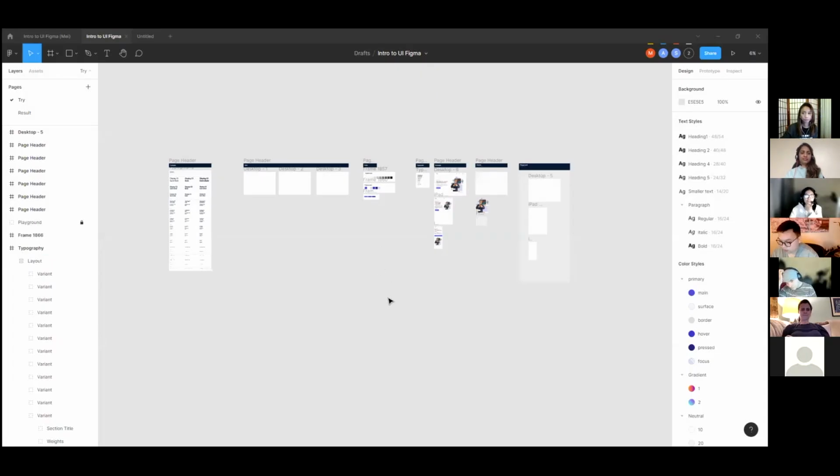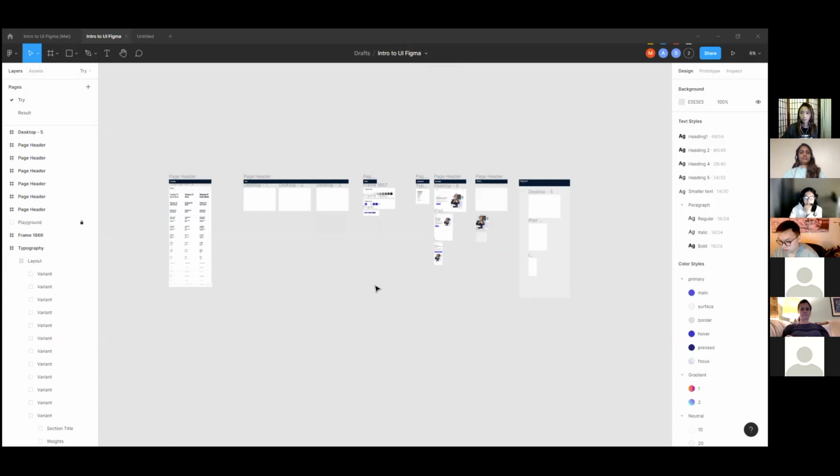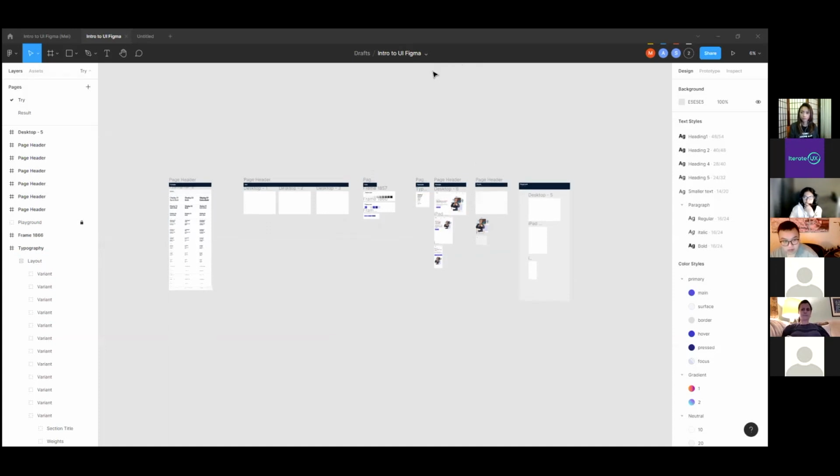So this is the file that I make so everyone can learn, and so I can present what I do, mostly using Figma. So if you go to the top, into the namings of it,